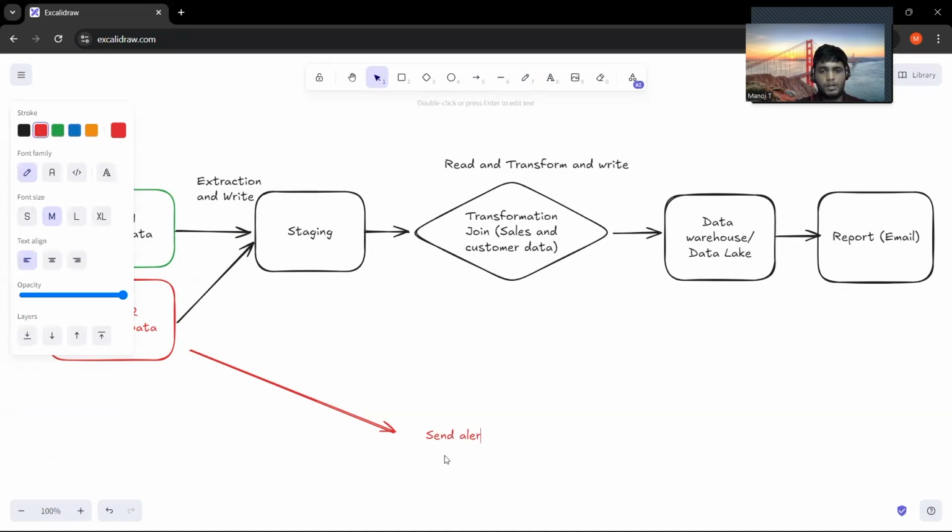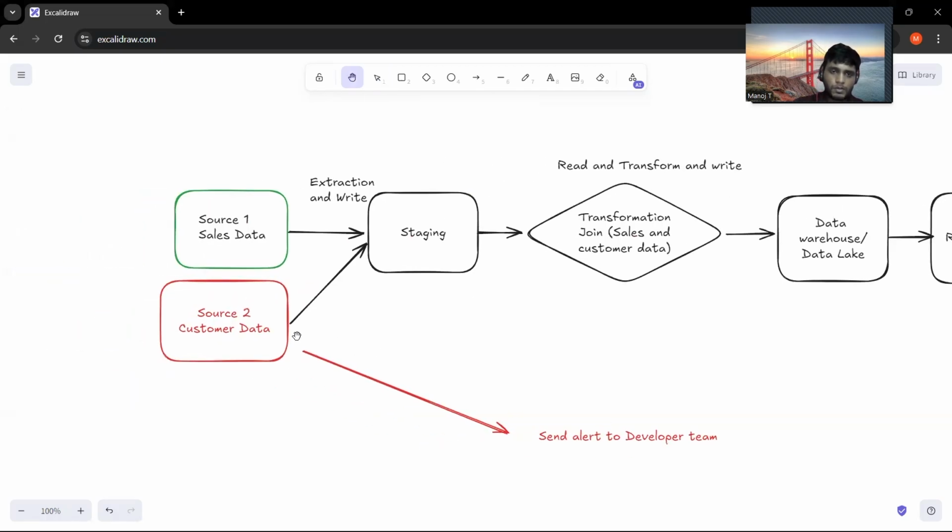Send alert to developer team. So let's imagine that in your orchestration tool, you have created a flow to send an email alert to your developer team whenever a task fails. So what happens? A developer will get an alert, and then he gets to the production or any sort of